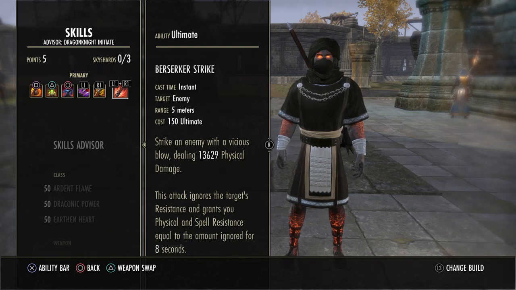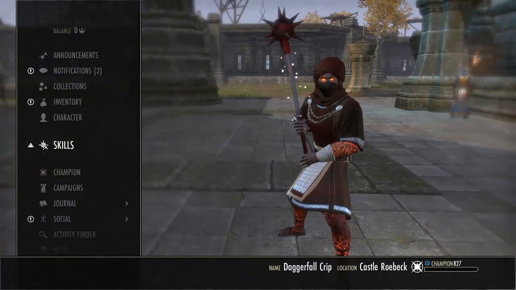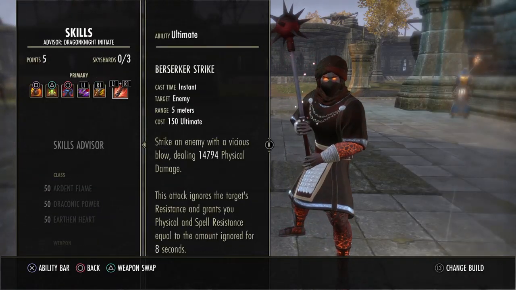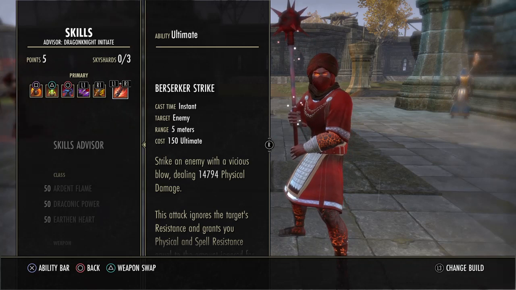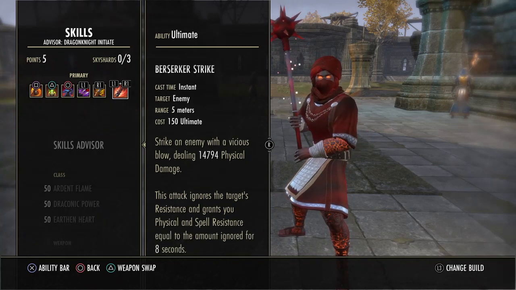I just put this slotted on. Buff up real quick here. I'll show it to you. So it's going to do 14,000, depending on how low their health is also. After you Wrecking Blow them, you can actually get this up to about 17,000 damage, especially if they're in light